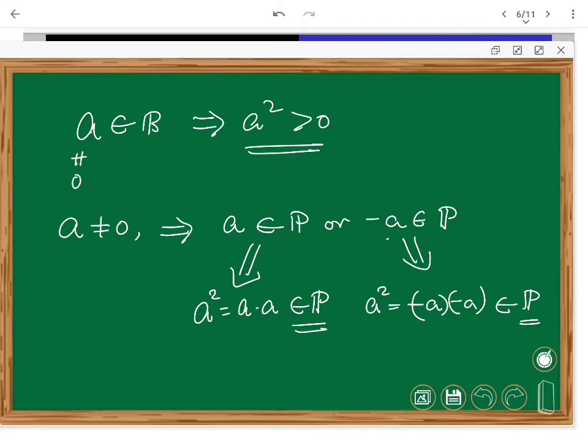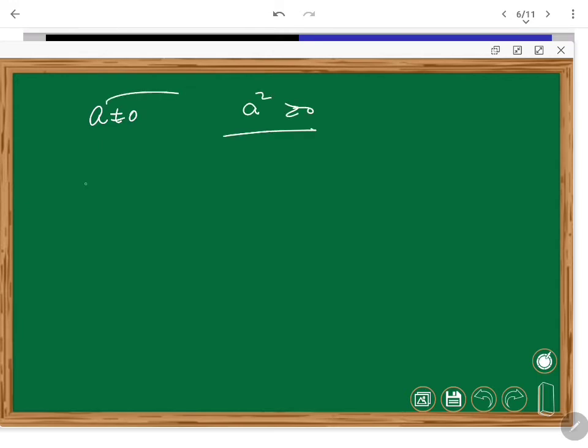But then what is the advantage? Advantage is nothing other than that. Once A is away from 0, such a real number, square is always positive. Why don't you use it for 1? 1 is different from 0. Right? That needs a proof actually. Those who are really interested can try. In a field, 1 stands for the multiplicative identity, 0 stands for the additive identity. They can't be the same. Somebody can try it as an exercise. So they are different actually. 1 is different from 0.